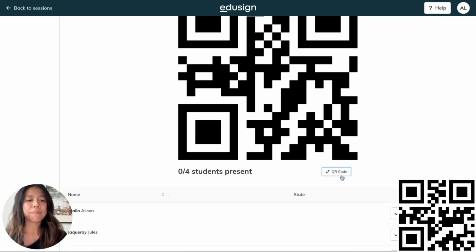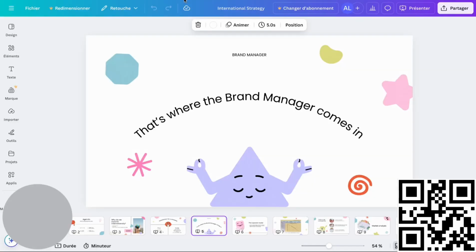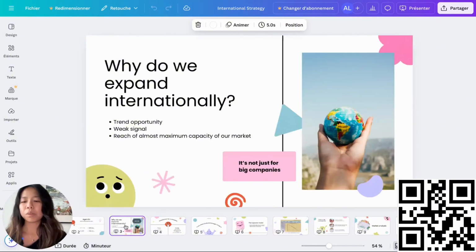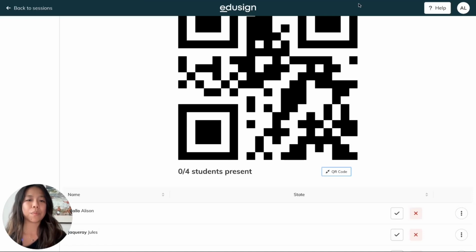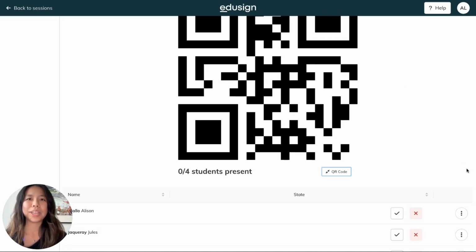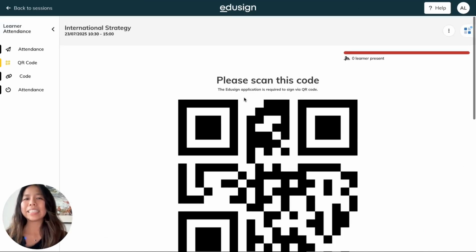Let me show you. If I just click on this button, then I will have the QR code very small in the corner, and then I can go on with my teaching, go on with my slides without losing time. So it's very useful, very effective. Now, if I go back to my platform and close the mini QR code,